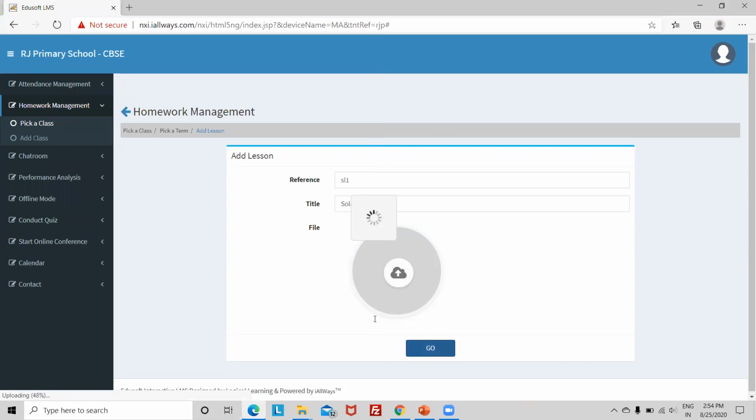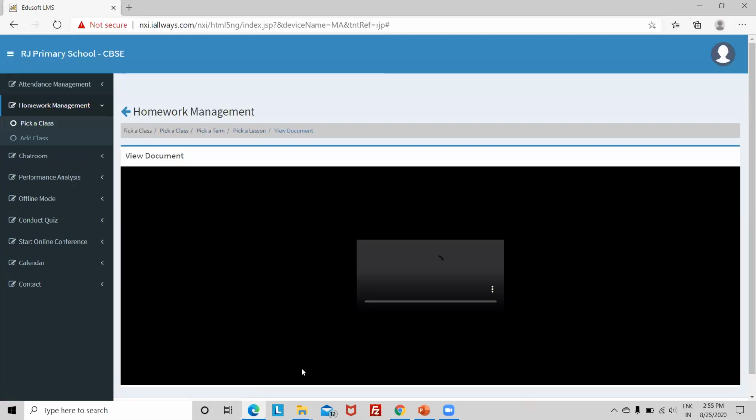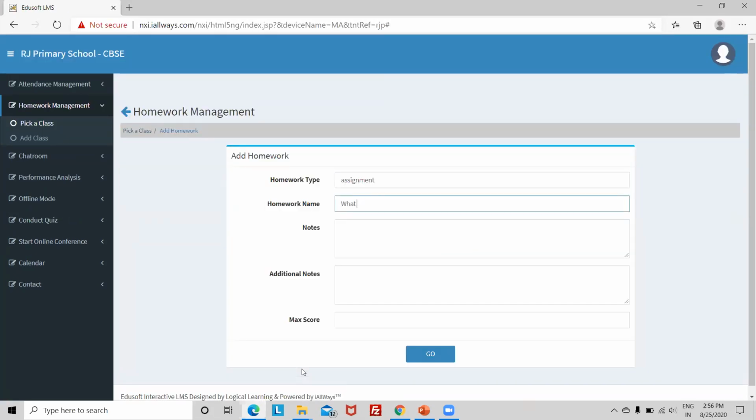Usual media that is uploaded. Media or video content, whatever you have, you can upload. So under assignment, can I upload a file? Questions and give a score for that. Once the student responds to that assignment, the teacher can grade the student, out of that score, how much score the student has scored. That I'll show.